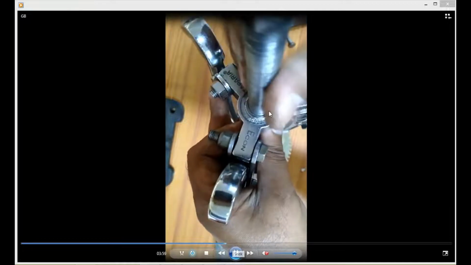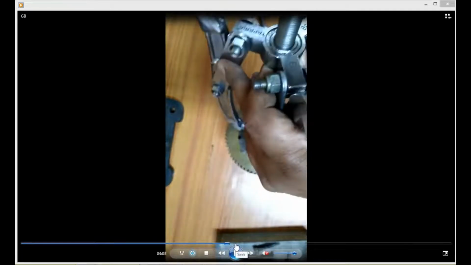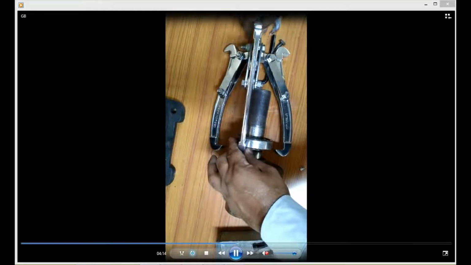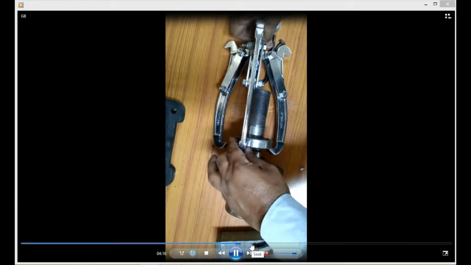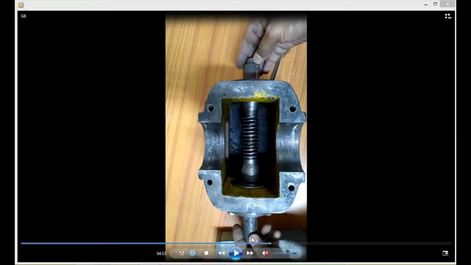So in this way you can remove the bearing. You can rotate this and apply forces on the shaft, and the bearing will be removed. Here, just for practical demonstration, I am not removing this bearing from the product. Then this is the input shaft, and here the worm is present, and at the end of this input shaft the two bearings as well as the oil seal are present, and the bearing cap is also present.